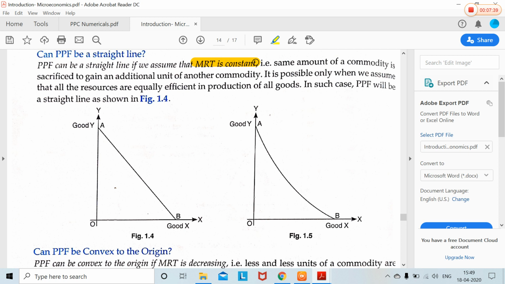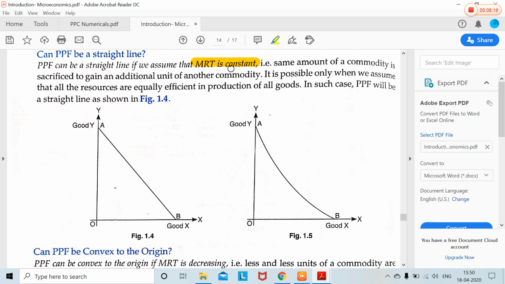Similarly, it happens anywhere. If I want you to decorate the class, I'll select the best ones first. Otherwise, you all are maybe from the sports team and there you are really efficient. But now I want some artists to decorate the class, and I'll pick up the best ones initially so that the loss on the sports side can be the least. But then I'll be needing more and more production on the decoration side, so I'll keep losing more and more students on the sports side because they lack efficiency in production of decorating the class.